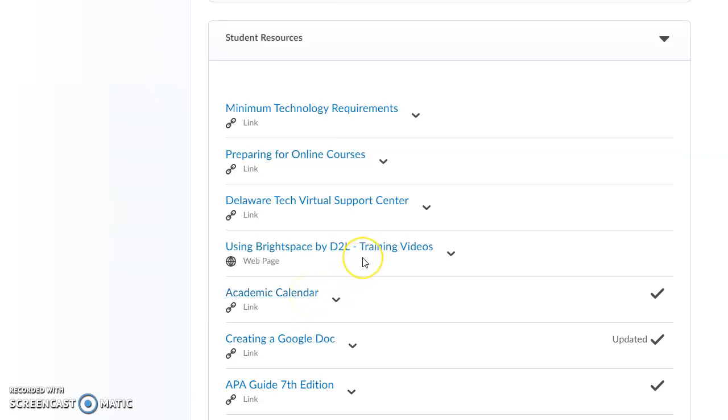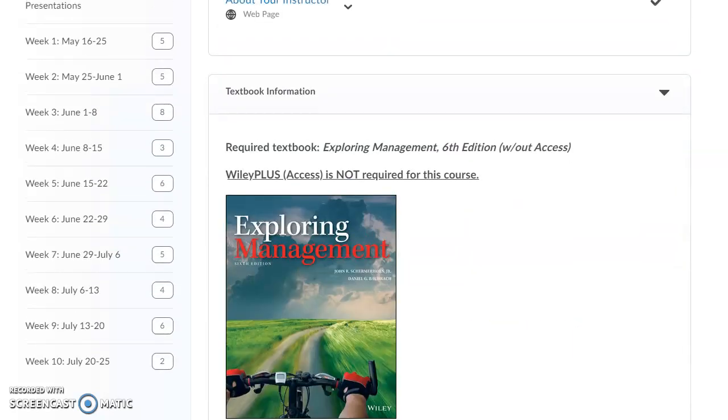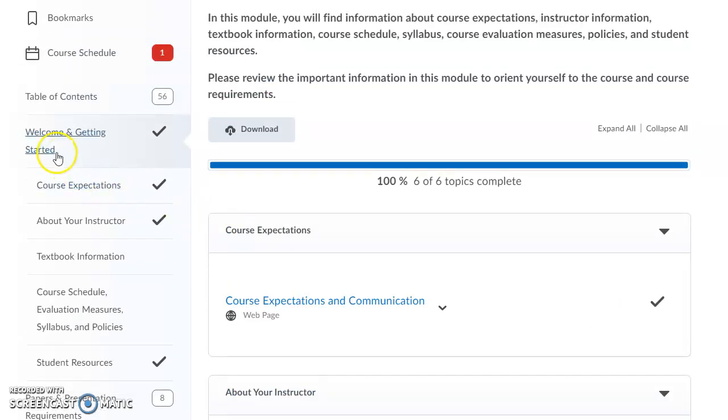There are training videos on using D2L. How to create a Google Doc. You'll need to know that for your group project. The APA 7th edition guide, a link to that quick guide is here. And then how to create a screencast-o-matic presentation, which is what I'm using right now. So all of those things are under Welcome and Getting Started, and that's where I want you to start out